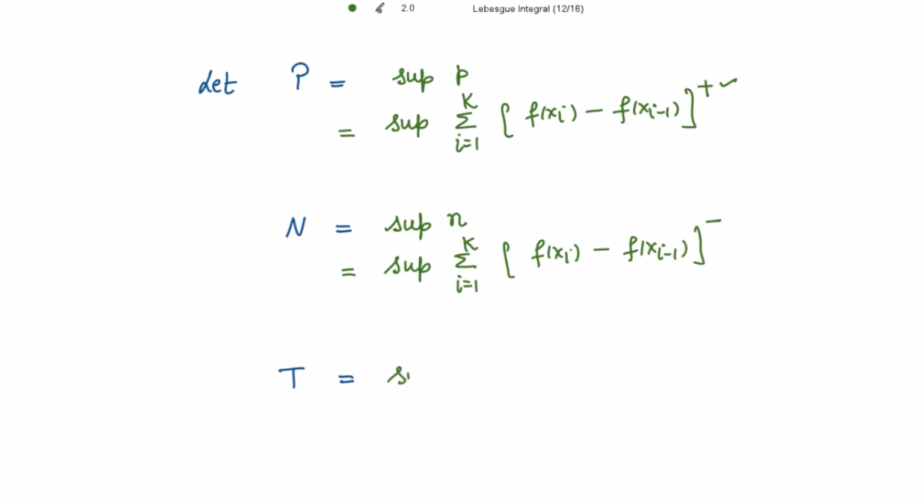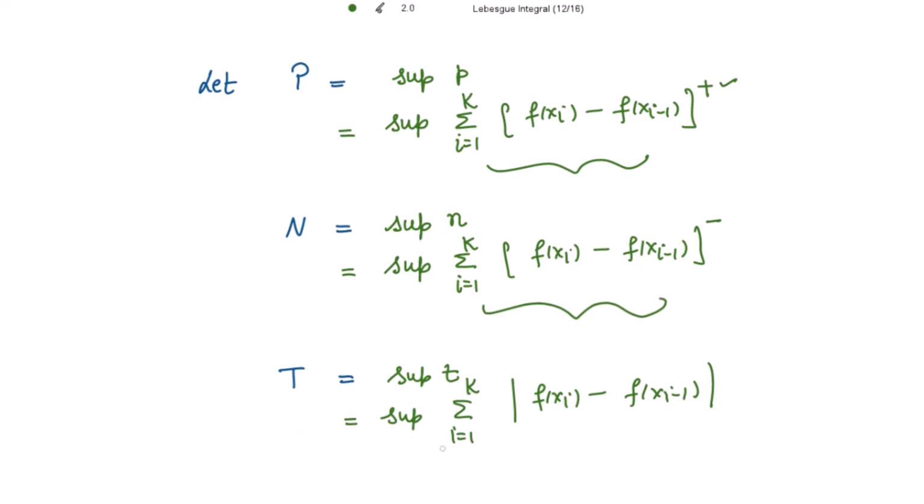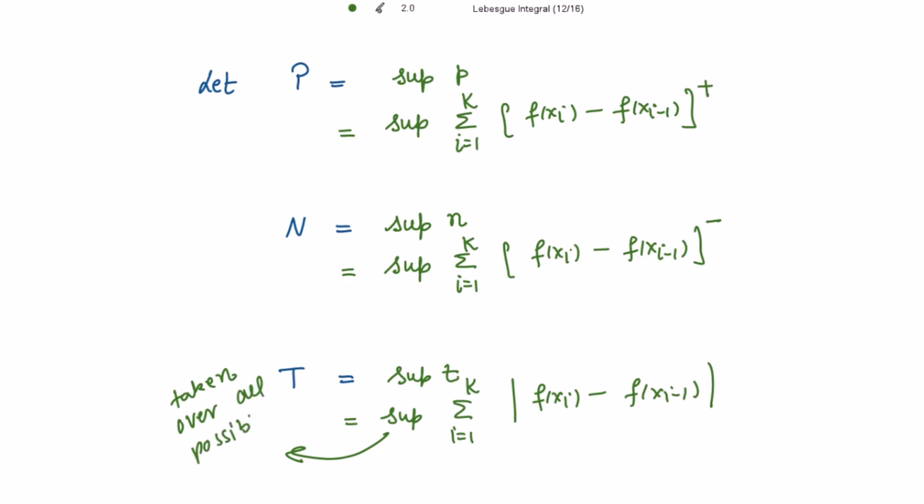And capital T is the supremum of small t. Please remember, whenever you write the value for small t, the summation is on the mod of f(xi) minus f(xi minus 1). Here we don't have the mod, but please remember, for small t you have to take the mod, the absolute value of the change in function. Let's move further. Now this supremum is taken over all the possible subdivisions of closed interval [a, b],